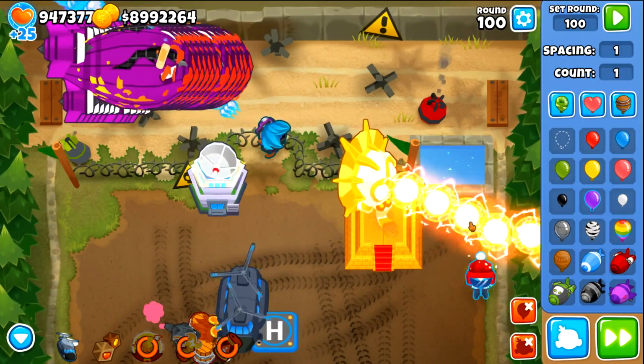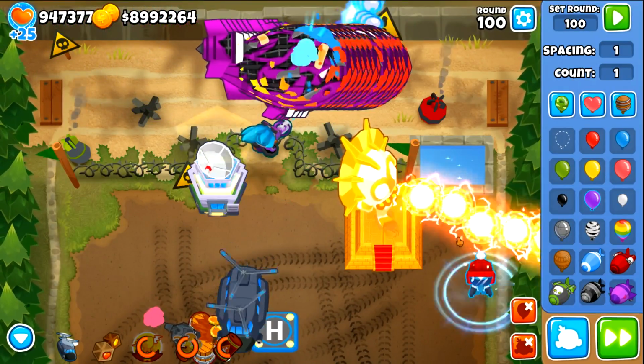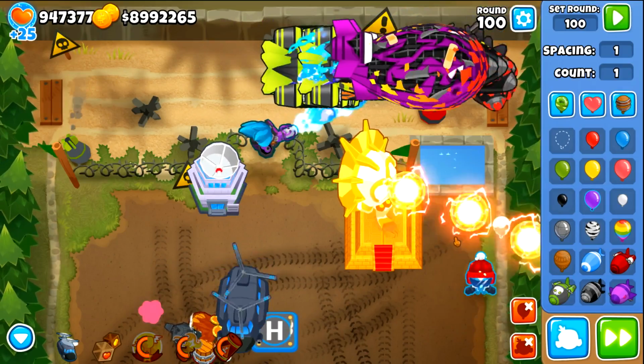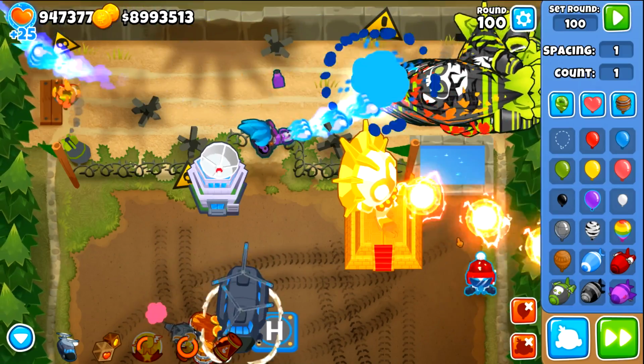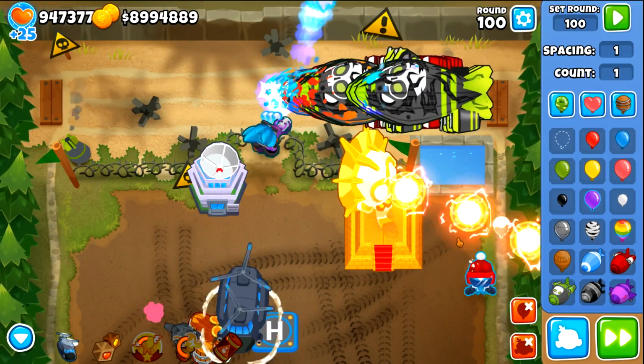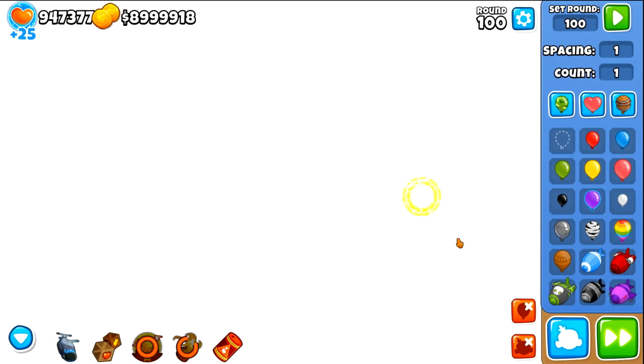Level 20, 10 BADs. This should be a lot better. We actually get a plethora of benefits from this. Level 19 gives the 3 blasts of fire per shot, which is an insane damage buff, as you can see, popping the BADs sooner, popping the DDTs very quickly. And then level 20, the Firestorm does increase damage, but isn't actually the most significant